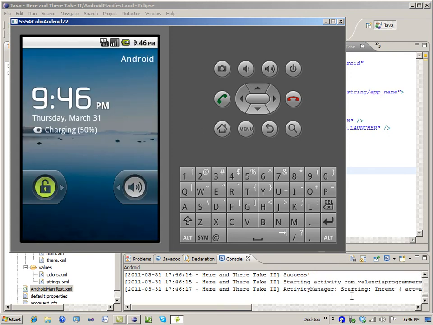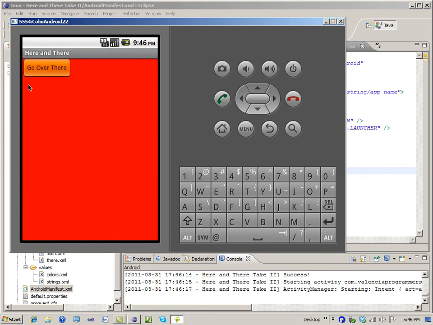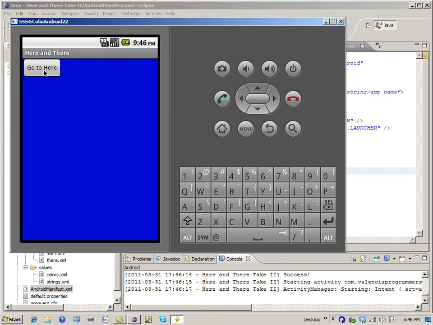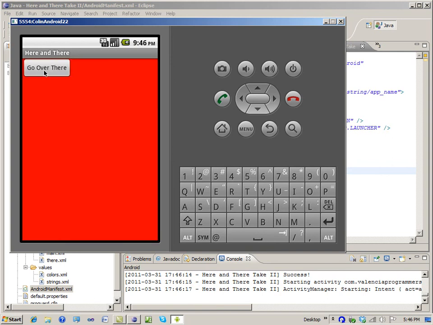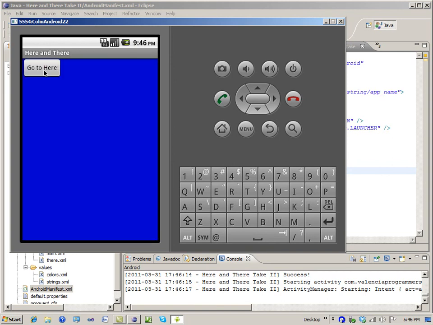Okay, so when you get that you're starting the intent, okay, please work this time. Go over there. Yay! Now we're over there. We can go here. Now we're over there. Okay, so this might seem pretty simple to you, but we've achieved something that